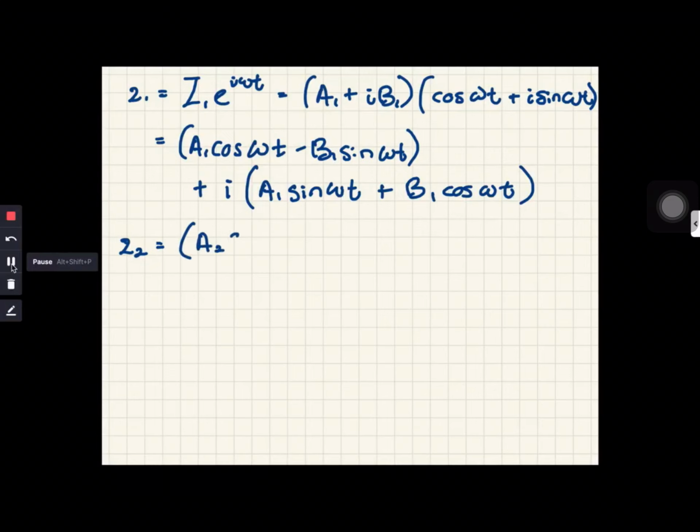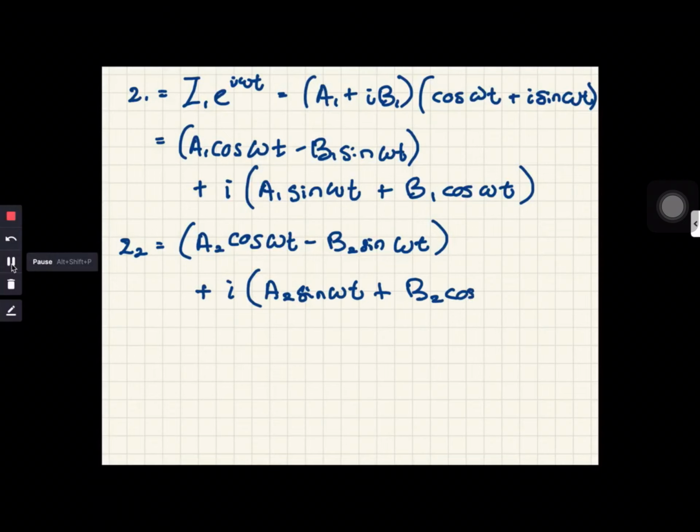A2 cosine omega t minus B2 sine omega t plus i A2 sine omega t plus B2 cosine omega t. So it's the same thing as Z1. Okay, so and since